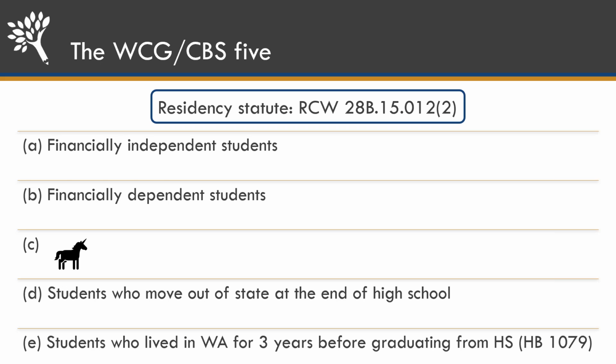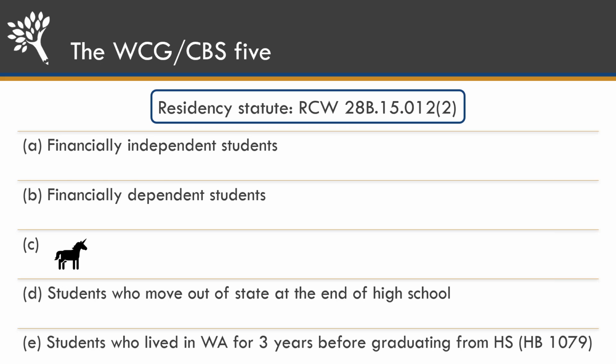Again, for those of you who've been doing this for a while, it should feel pretty familiar. It's 5 different types of students. The first 2 are based on whether or not the student is paying their own way or being claimed on taxes, and is based on domicile. I'll get more into that, but basically financially independent students have to show that they've been domiciled here for a year. Dependent students have to show their parents have been.